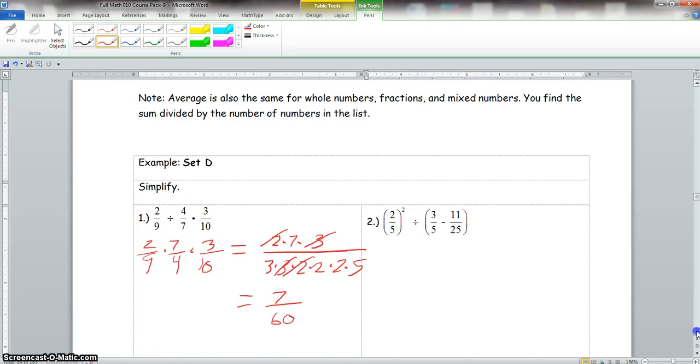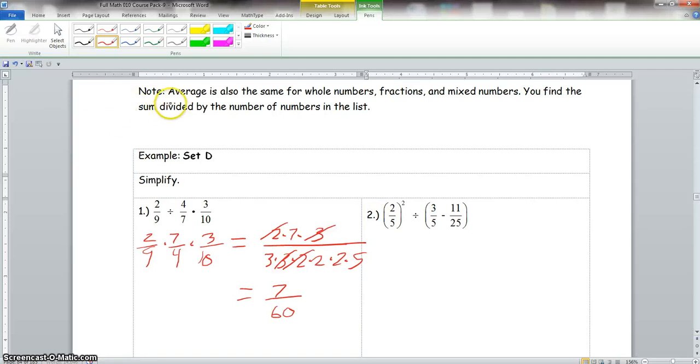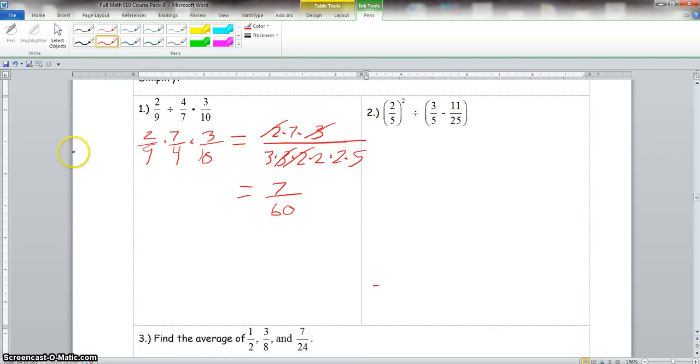Okay, now this note here, it says average is also the same for whole numbers, fractions, and mixed numbers. You find the sum divided by the number of numbers in the list. Now we would be doing average pretty soon, but first we have a couple problems we need to do here. Number 1 here,